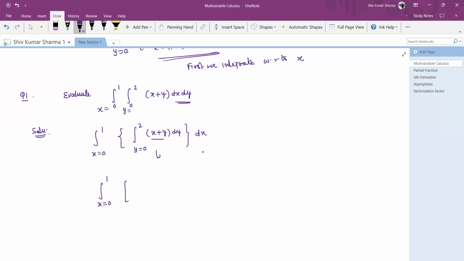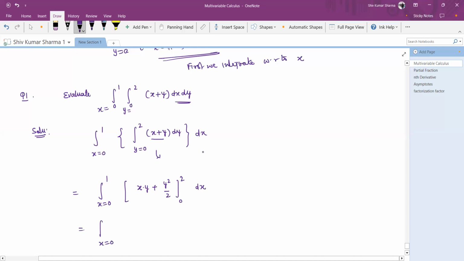So what is the integration of x into dy? x is constant, and the integration of dy is y. So the integration of y dy is y square upon 2. We take the limit 0 to 2 and write down dx. Now,